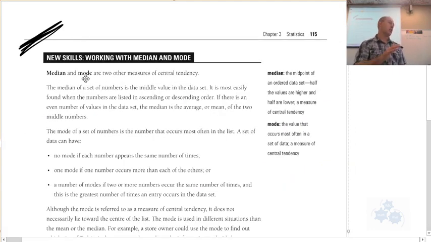So these are not difficult to understand. You'll appreciate the fact that these are not hard to understand. We just need to get some practice and understand how to work with them. So the median, first of all,